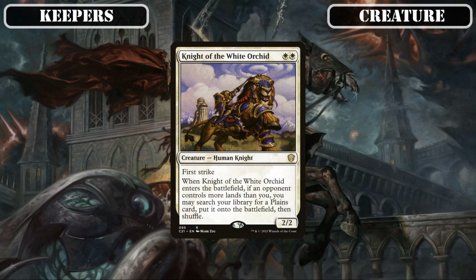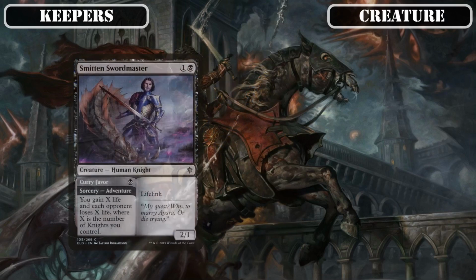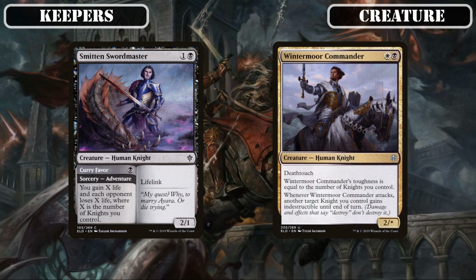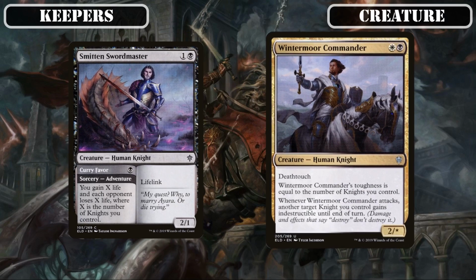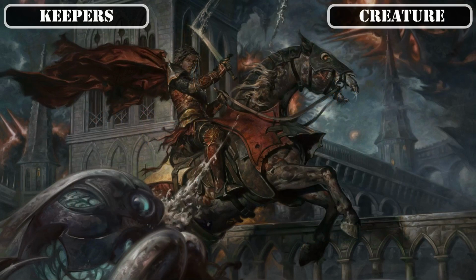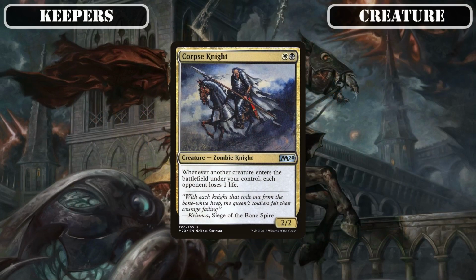Knight of the White Orchid retains its spot as a cheap source of land-based ramp, which is a rarity in our colors, whose first strike also allows it to swing in safely when powered up. Smitten Swordmaster and Wintermoor Commander carry over as additional pieces of knight support via their AoE drain and tribal toughness power-up / indestructibility granting respectively. And finally, Corpse Knight makes it in as our last kept creature entry thanks to its low cost and synergy